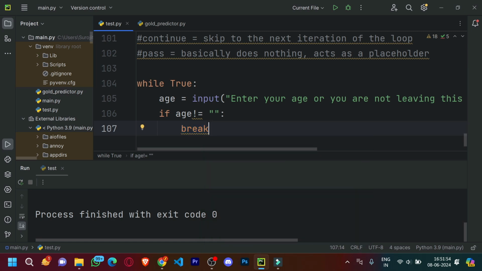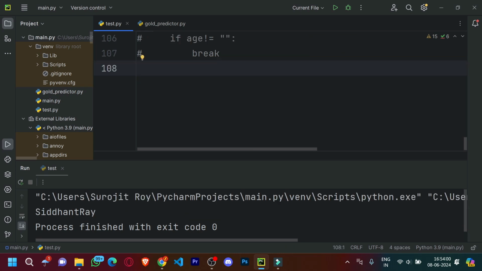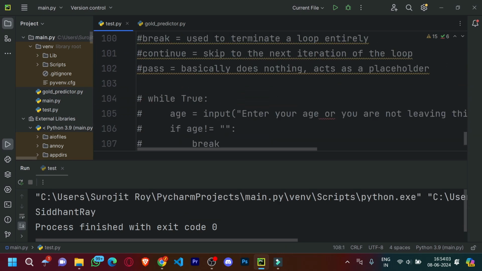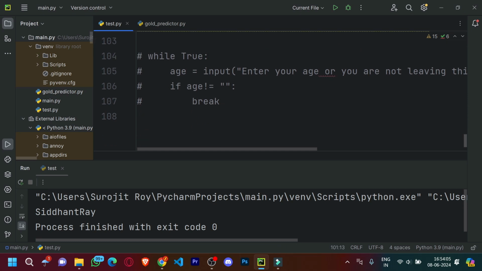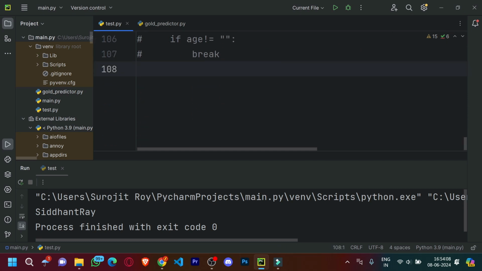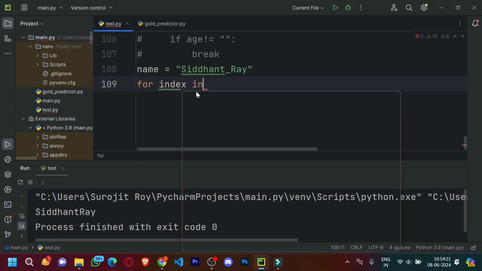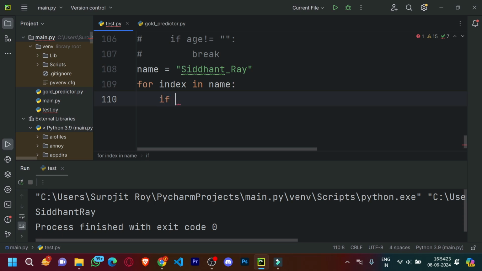Now let us understand the continue function. As I had mentioned, the continue function skips to the next iteration of the loop. So for example, I'll give a variable called name, so name is equal to Siddhant_Ray. I'll use for loops for this. For index and name, if index is equal to underscore, continue. Otherwise, print name, comma, end is equal to